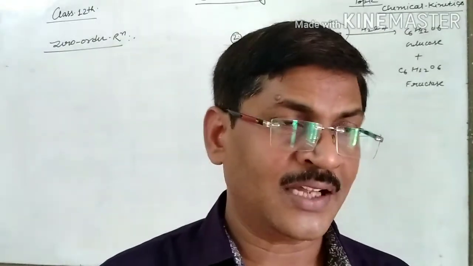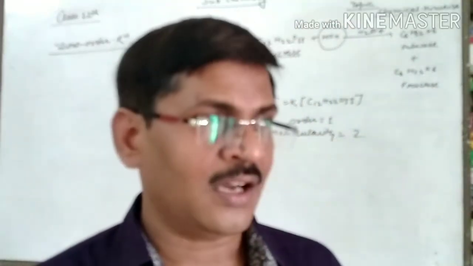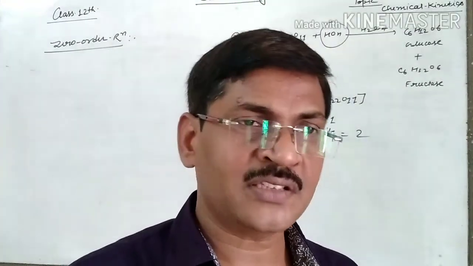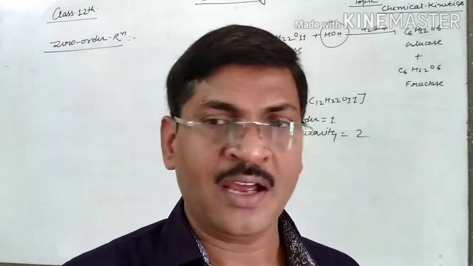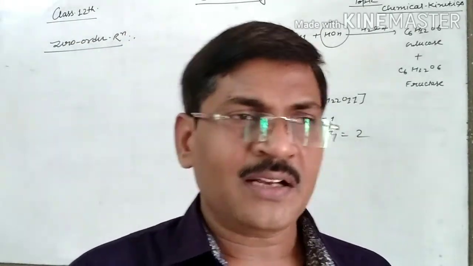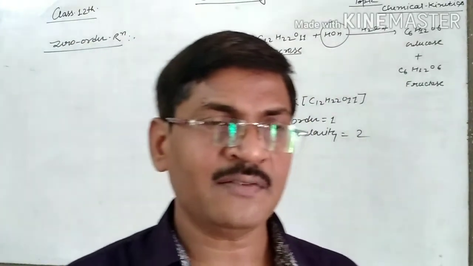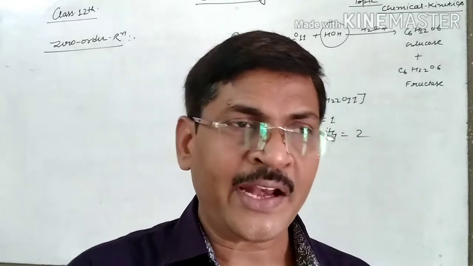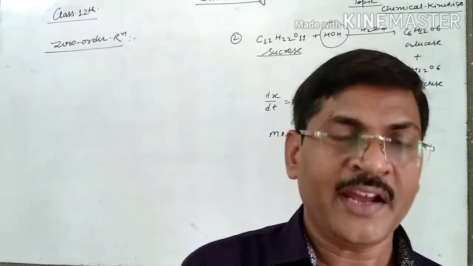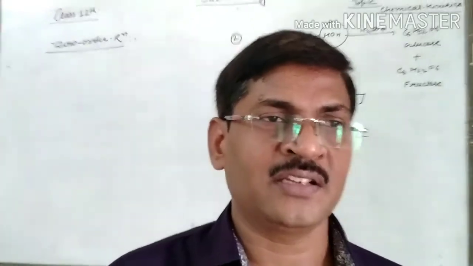As in the definition of order, all of you have seen, for a reaction, first of all you have to check whether it is balanced or not. If balanced, then it's good, otherwise you have to balance it. After that, you have to see which reactant affects the rate of the reaction, and you have to see this by the experimental method. So what will be the definition of this? Zero order reactions are those reactions in which the concentration of any reactant has no effect over the rate of the reaction. You can say such a reaction is a zero order reaction.